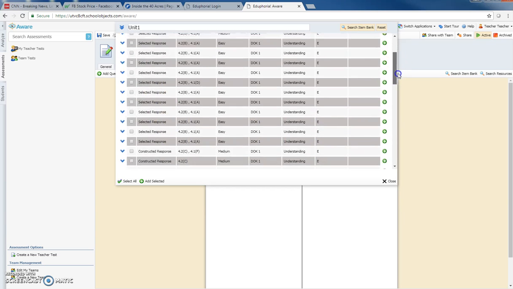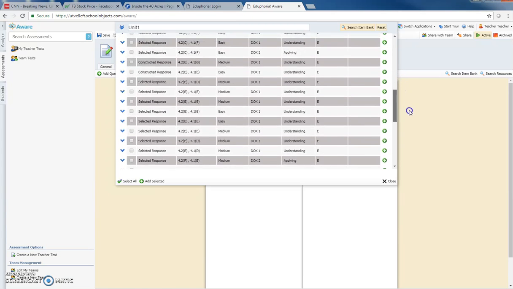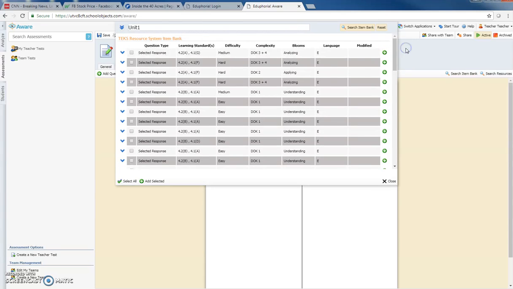I can scroll through those. I'm verifying that they are all English. I can look at the various SCs, the level of difficulty, the complexity. After viewing that information, we're going to select all